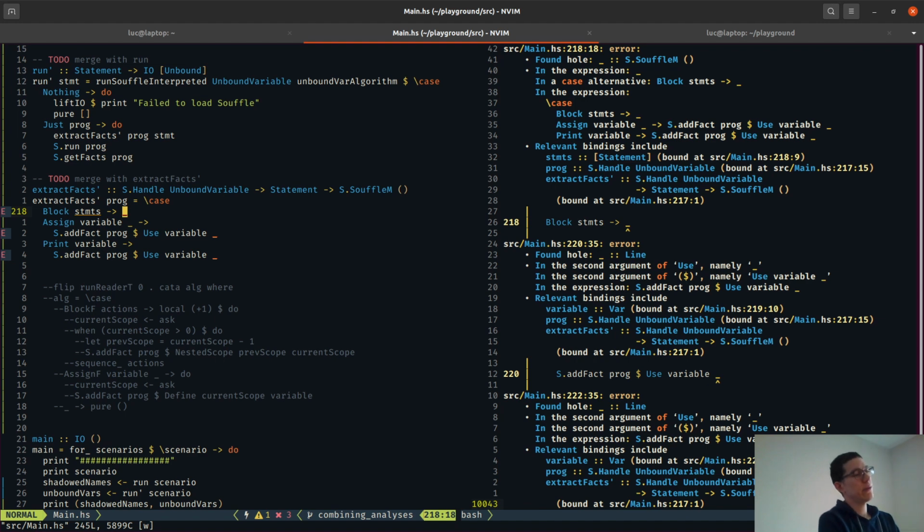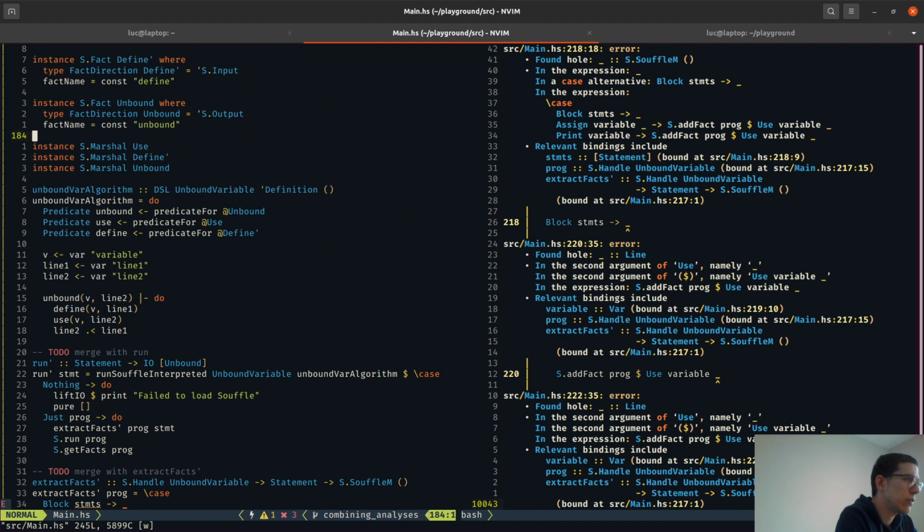Because I could use a state monad and then increment just for every statement, and that would work, but I want to have a reader here as well, otherwise I won't be able to combine them, I think. Let me see what the signature of